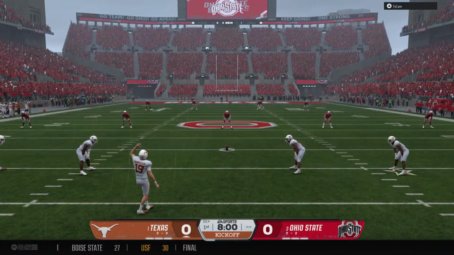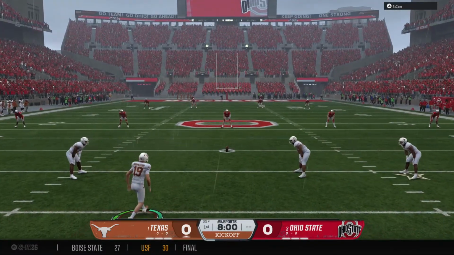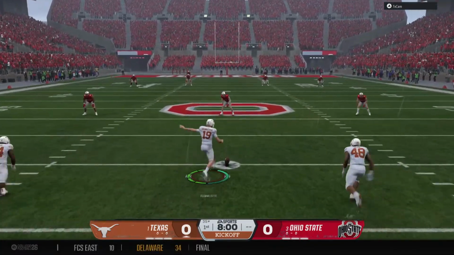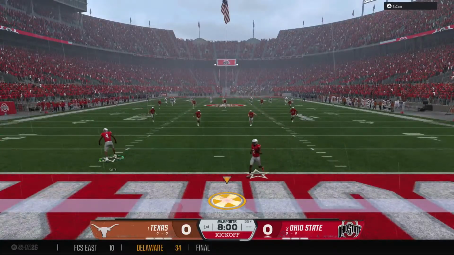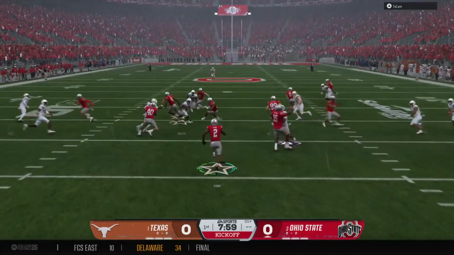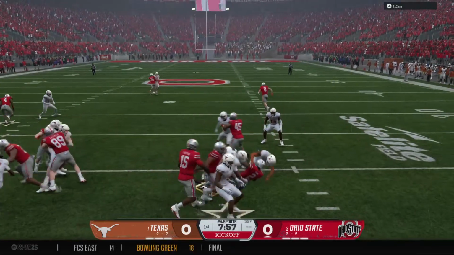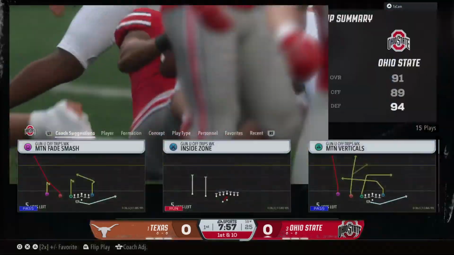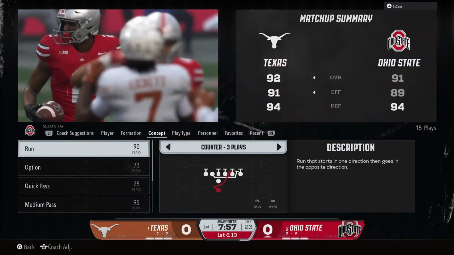The Longhorns will kick this deep to get us going. Fielded in the end zone. It's Downs. He'll be stopped short of the 20-yard line. Good job by the coverage team.